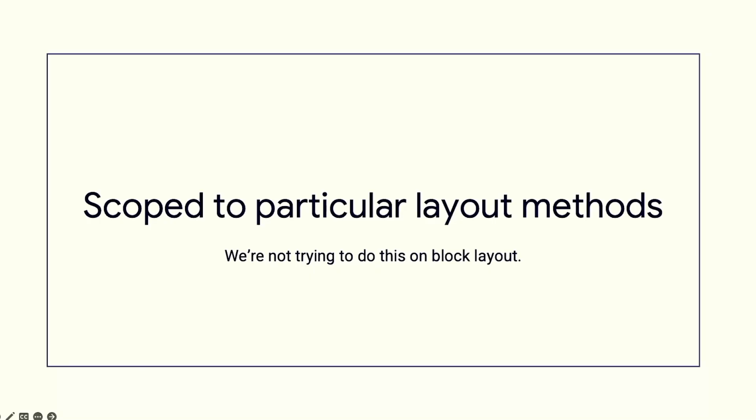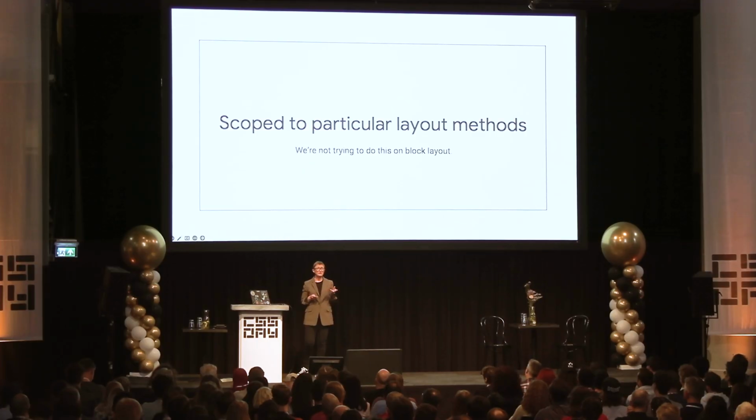And the other thing that we're doing to sort of make this possible is scoping it to layout contexts, in particular keeping it out of block layout. Because although in block layout you can kind of mess up the order, you kind of have to do it with absolute positioning. And you probably shouldn't be doing your entire layout with absolute positioning. That's very hard. I remember the days when that was all we had. There's not a lot you can do. Most of the things that you can do with absolute positioning, you could also be doing with grid if you needed to. So we're keeping it scoped to certain layout methods.